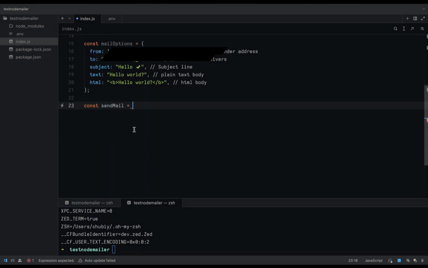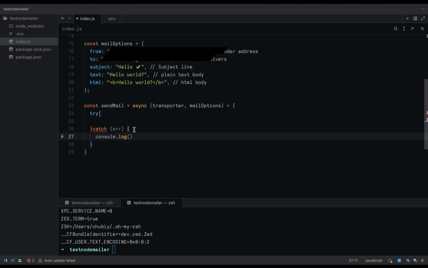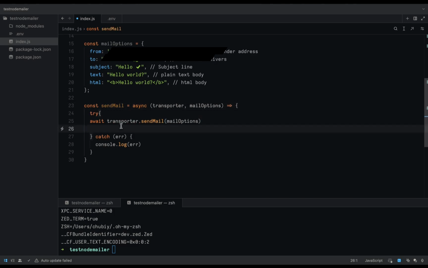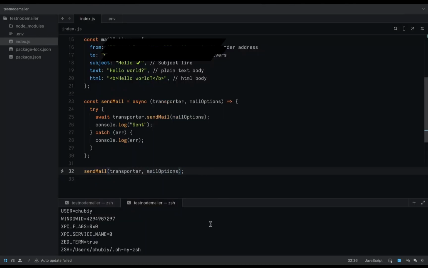To send the email, we'll create an async function named sendMail, which takes the transporter and mailOptions as arguments. Inside, we'll set up a try-catch block for error handling. We'll add a console.log to output any errors. Now use await transporter.sendMail(mailOptions) to actually send the email. Now we add console.log("Sent") to confirm when an email goes through successfully. With this function in place, you can use it anywhere in your application to send emails. Just call sendMail, pass in the transporter and mailOptions, and that's how you can send email using NodeMailer in